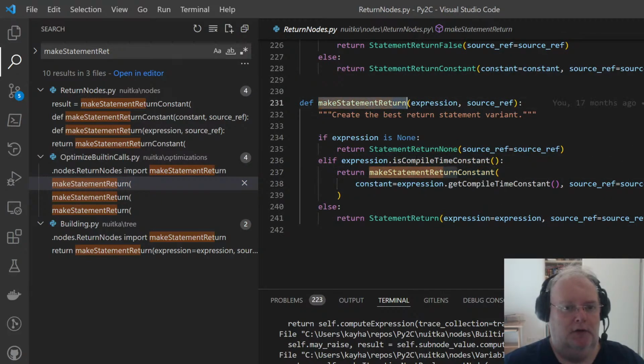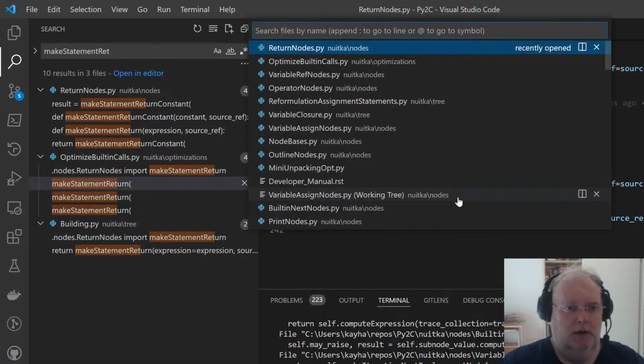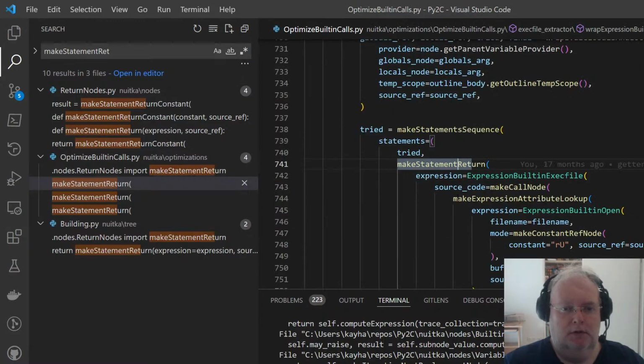I go through a factory. So here are also specializations galore, and make statement return with an expression is what we're going to do, and it's importing from return nodes. Okay.